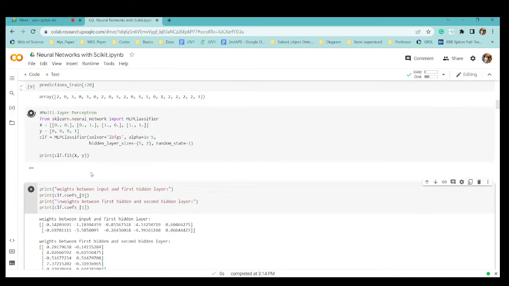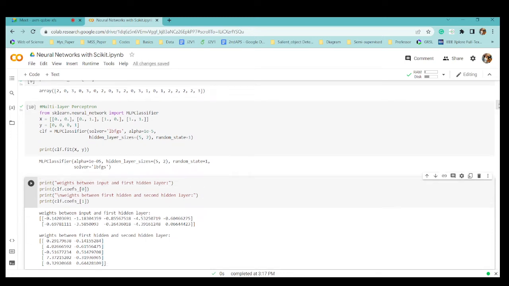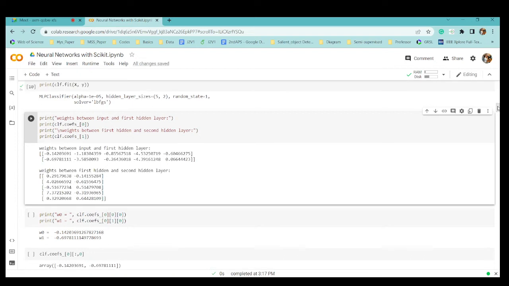So my MLP classifier has been called with all the parameters that are needed. Now I need to know the weights between the input and the first hidden layer. These are basic steps we did in the previous neural network class; over here we'll just be calculating the values.